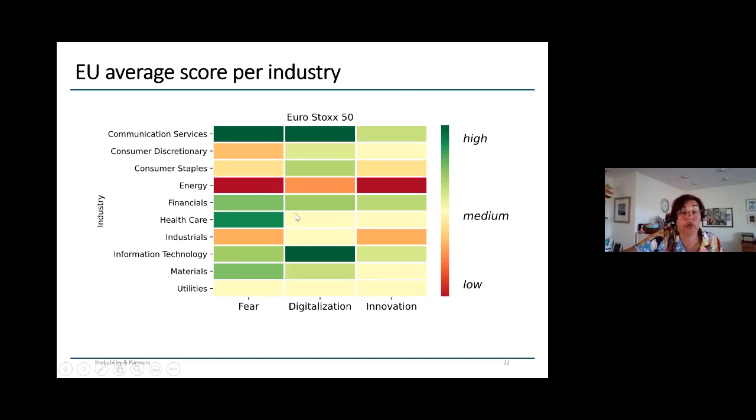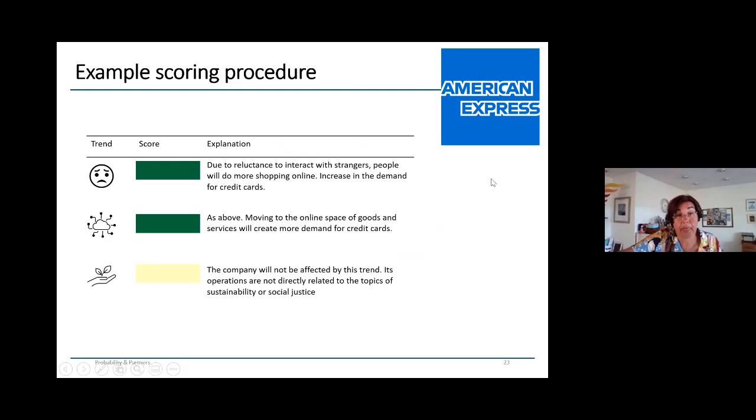Okay, so this is the EU scores per industry. Again, energy is a big loser, and tech, communication, and healthcare are the obvious winners of these new trends. So here is an